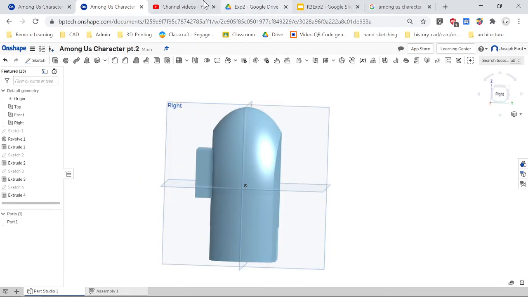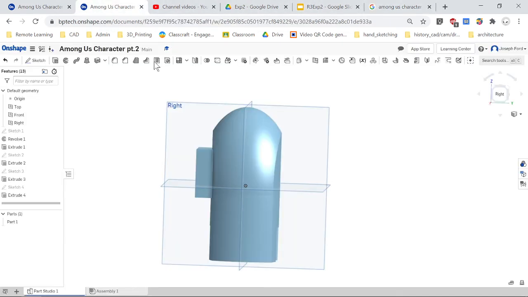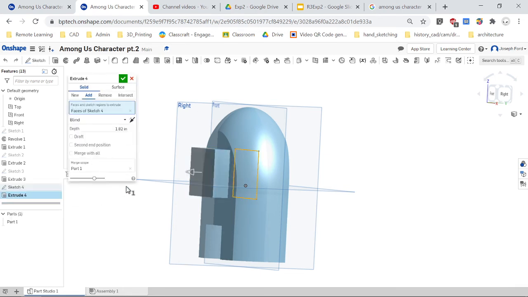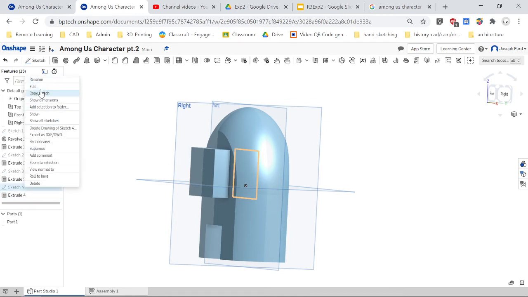Let's see if that's the right size though. Looks like it's a lot bigger and it goes further down, so I can change that. I can correct that. And to change something, you're just going to right click in here, click edit. It's actually not the extrusion you want to change, it's the sketch you want to change. So you're going to right click on the sketch, click on edit,